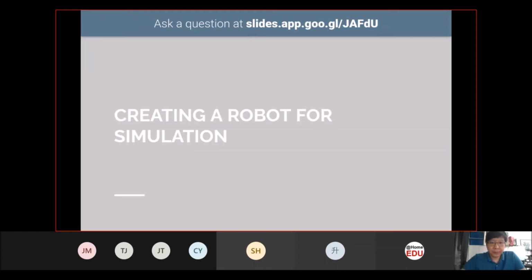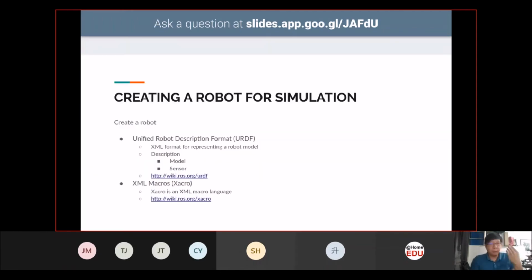One thing that we need to take note of when we create our own robot is that we need to understand the description language, the robot description file, and the macro language used in Gazebo.